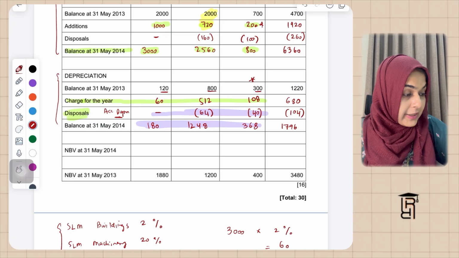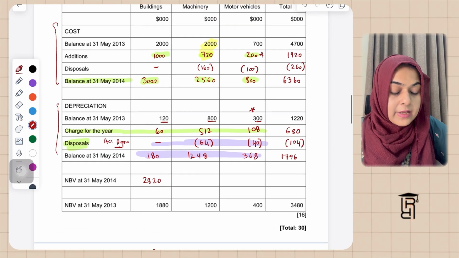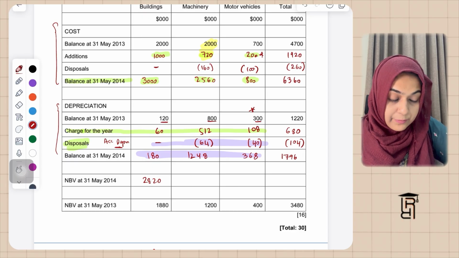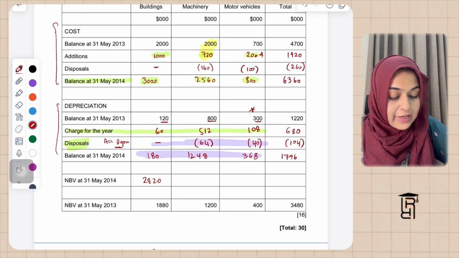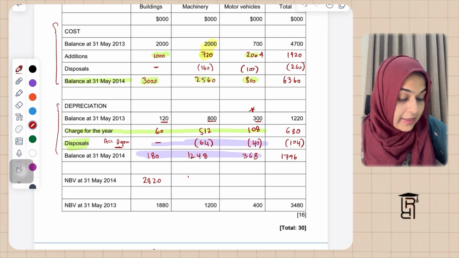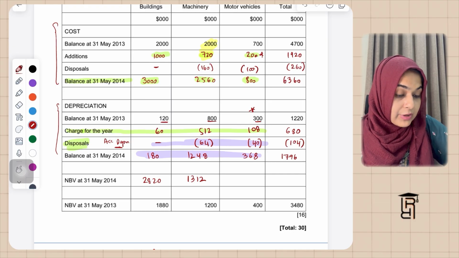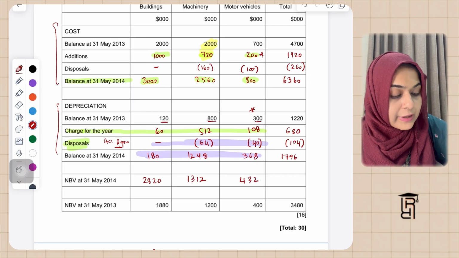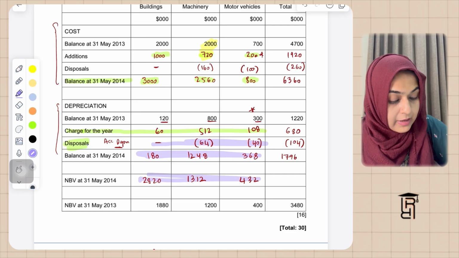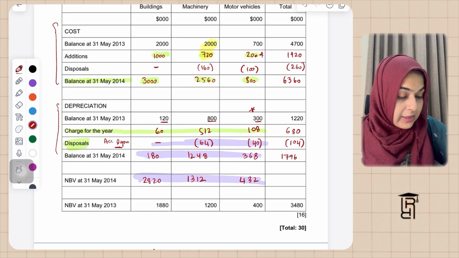So 3000 minus 180 gives me 2820। सही है। For the machinery case 2560 cost of machinery at 31st May 2014। Total depreciation at 31st May 2014 is 1248। जब इन दोनों को माइनस करेंगे तो हमारा आंसर आएगा 1312। and for motor vehicles 800 minus 368 which is going to give me 432।